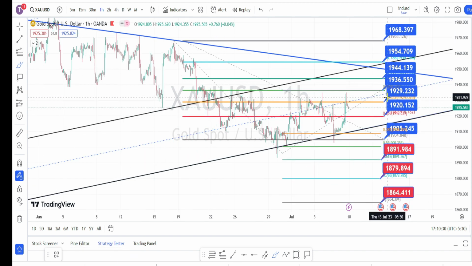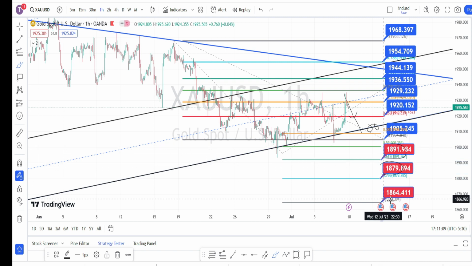So currently the price action is trading between the resistance level of 1929 and the support level of 1920. If the price action continues its bearish side retracement, breaking the current support level of 1920, the next level of support is going to be around 1905 or the trend line or support line from the weekly time frame. Once the price action breaches this support level of 1905, the next level of support is going to be around 1891,